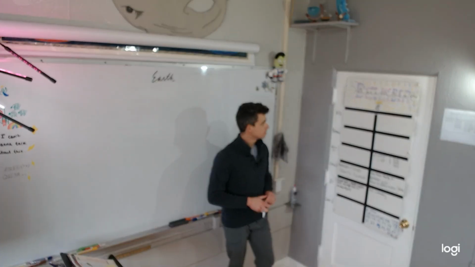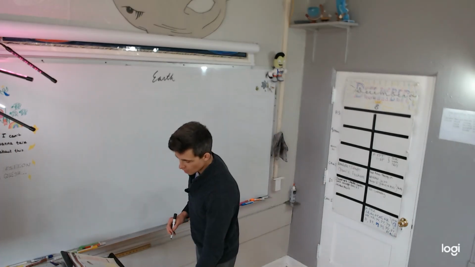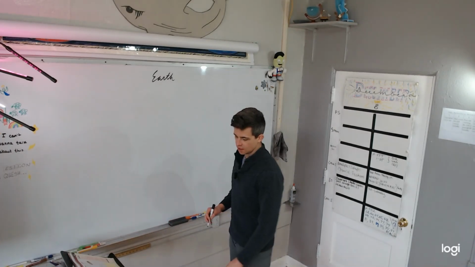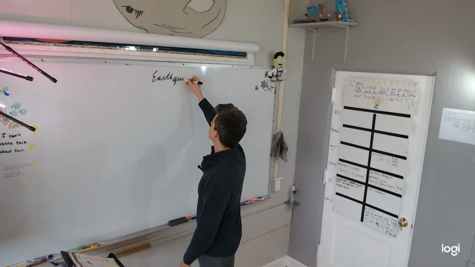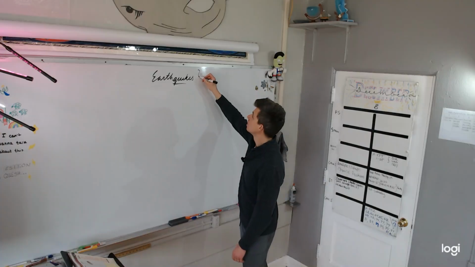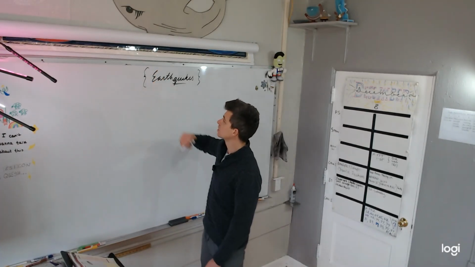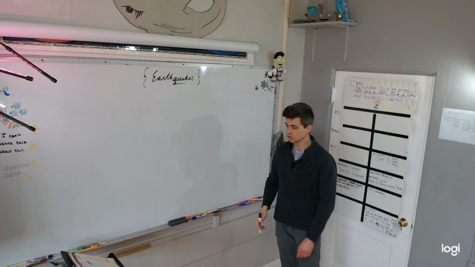Today is December 8th. What day of the week is it? Monday. Today is Monday, December 8th. And today's topic for Earth Science Time is Earth. But that's not all. It's earthquakes. One day my son asked me, what is an earthquake? That's a good question for a 3-year-old. You guys are older than 3-year-olds, but it's a good question for you too.